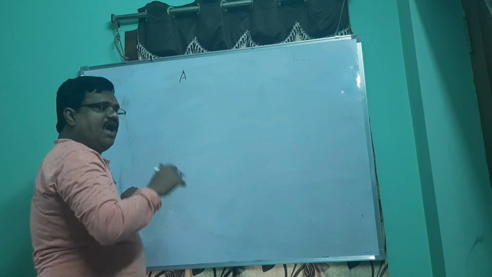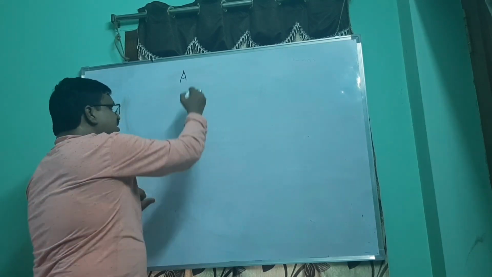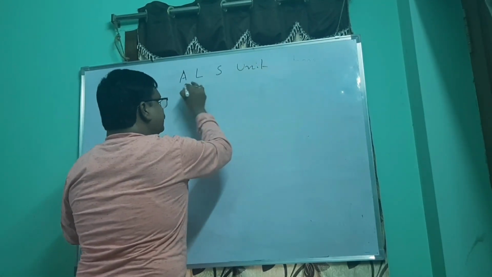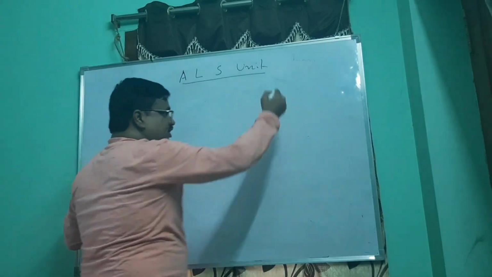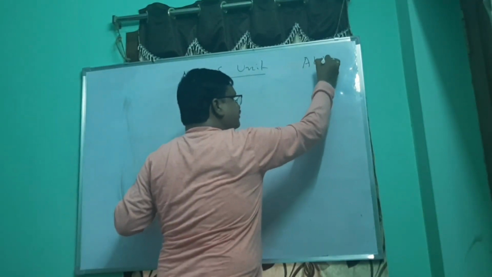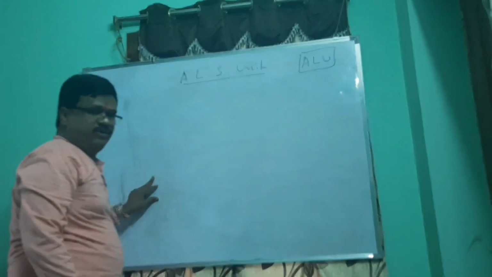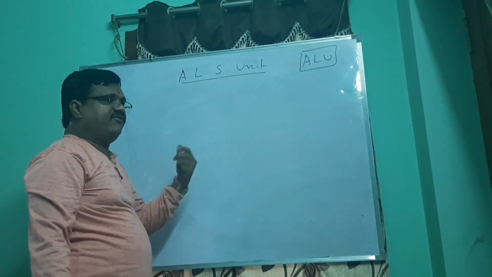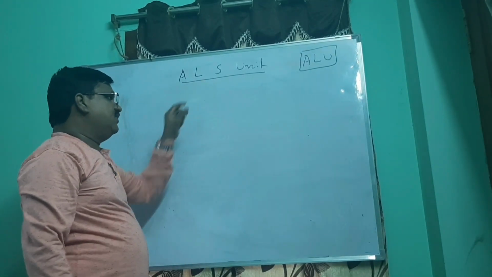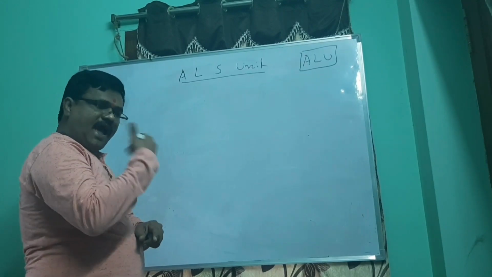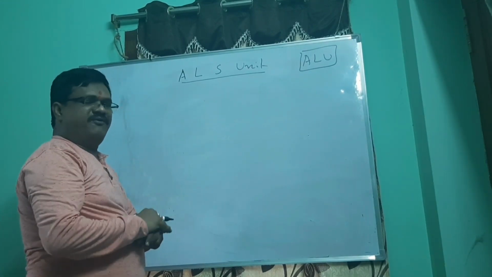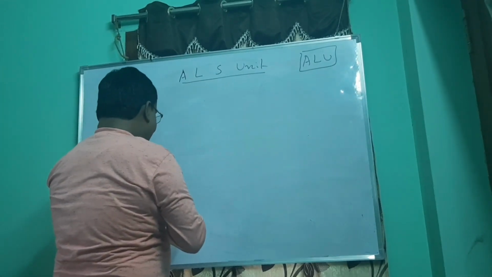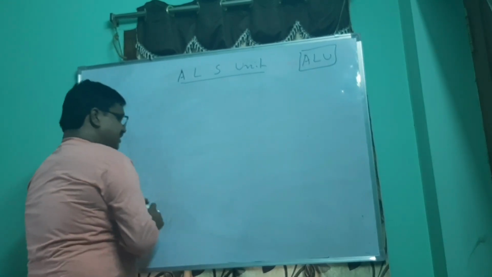No, not necessary. All the arithmetic, logical and shift micro operations can be performed in one unit, the arithmetic logical shift unit. As you know very well, the ALU is one of the important parts of your CPU. Additionally, apart from arithmetic instructions and logical instructions, the shift operations also are added to that unit and will be performed with a single unit. Now we will discuss that arithmetic logical shift unit with a neat hardware diagram and its explanation.